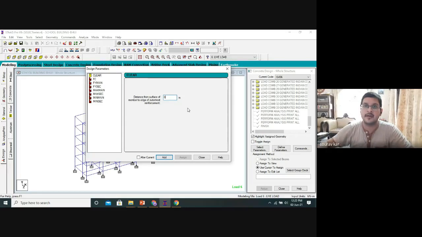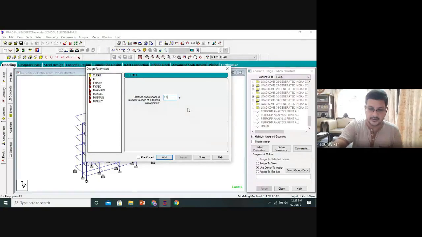So we have to go put the values for clear cover. First I'm putting for beams. Okay. For beams we use 40 mm cover, that is 40 by 1000, 0.04 meter. Yes or no? So for beams and then for column.